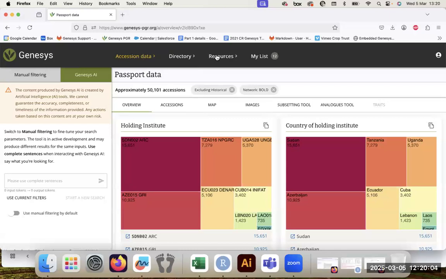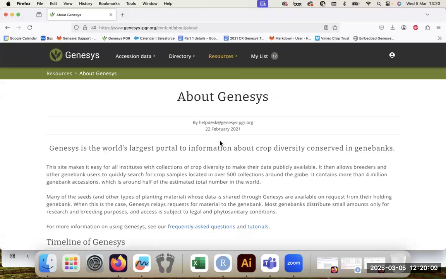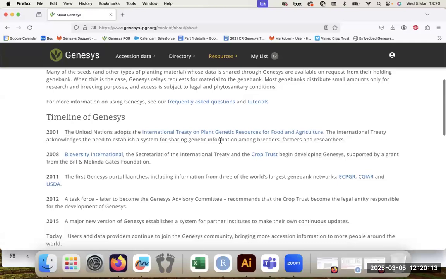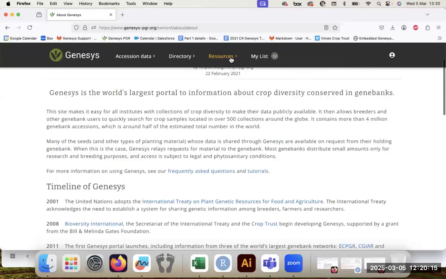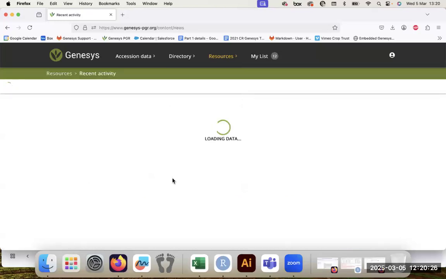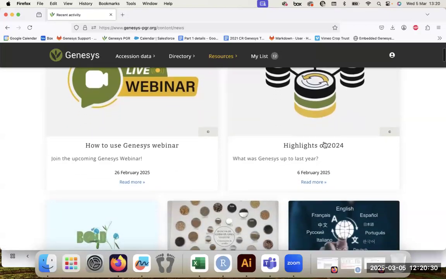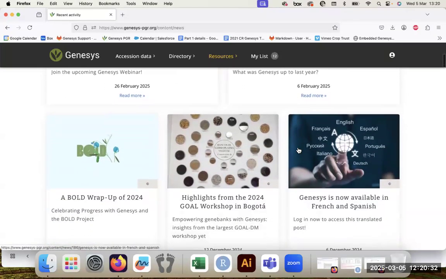The third menu item is everything related to reading material. I showed you already in the beginning of this webinar the very first reading material, which is about Genesys, some timeline and acknowledgements. But there are also different sub-menu items that are useful for you. The main one being the recent activity, because this shows you what is the latest in Genesys, latest updates, activities,